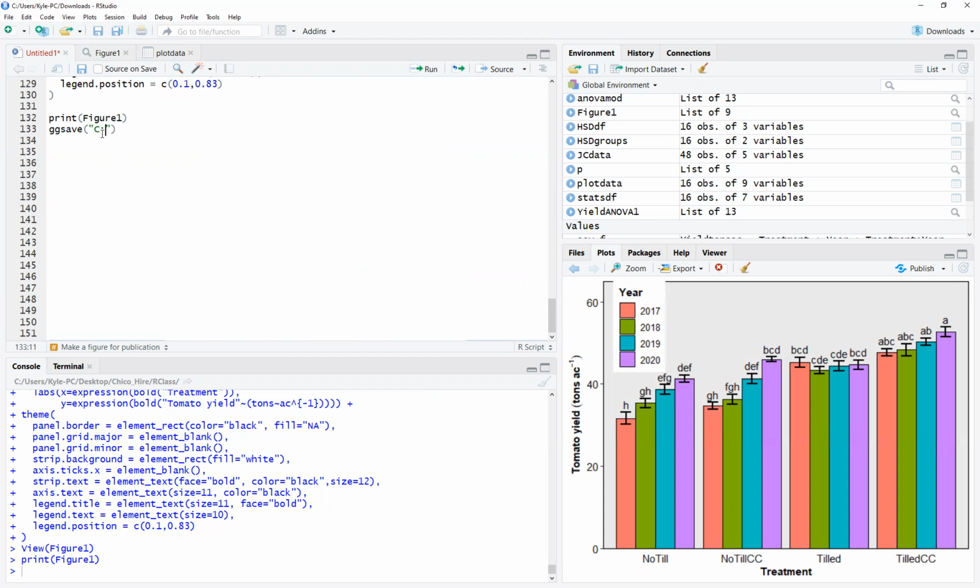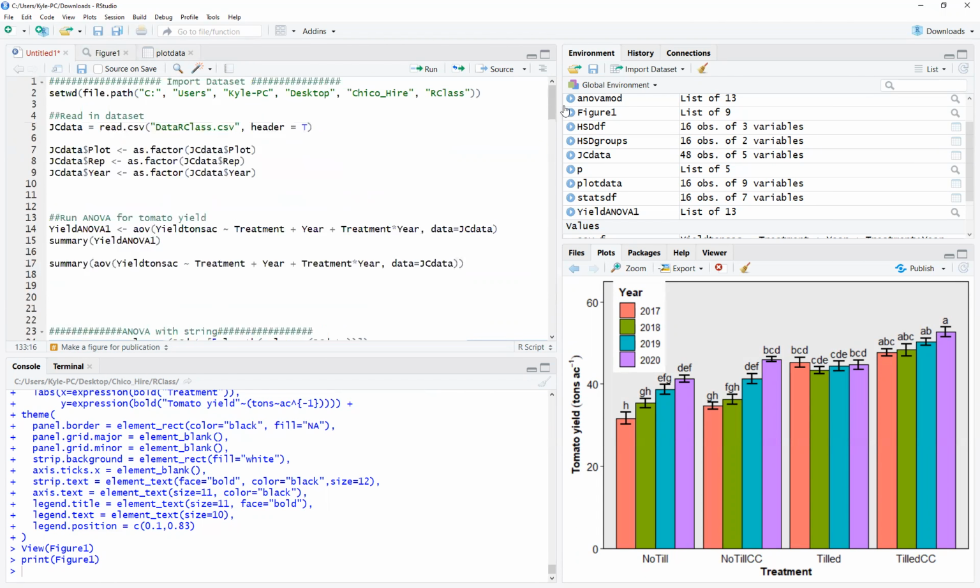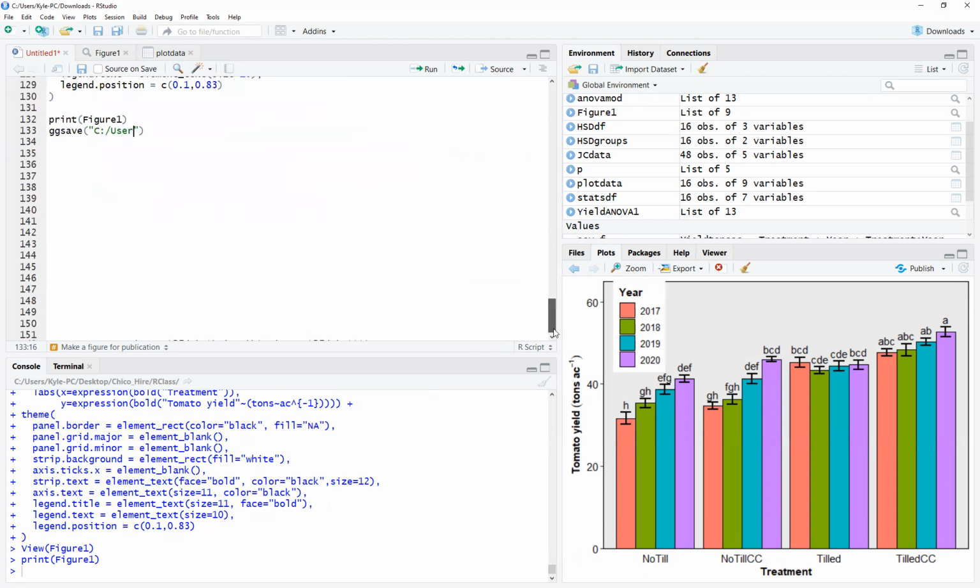C:/Users/Kyle-PC/Desktop/Chico hire-R class. I'm going to save this from here as figure 1 dot